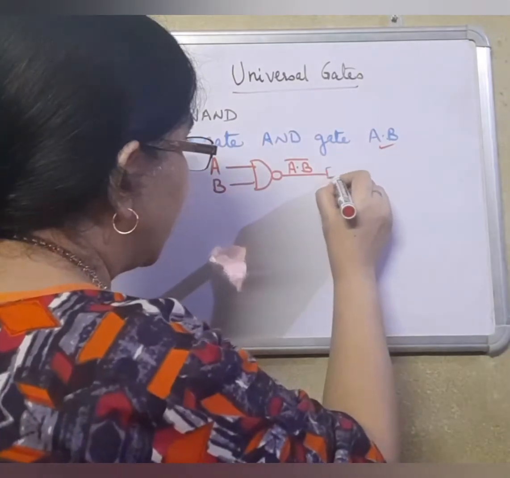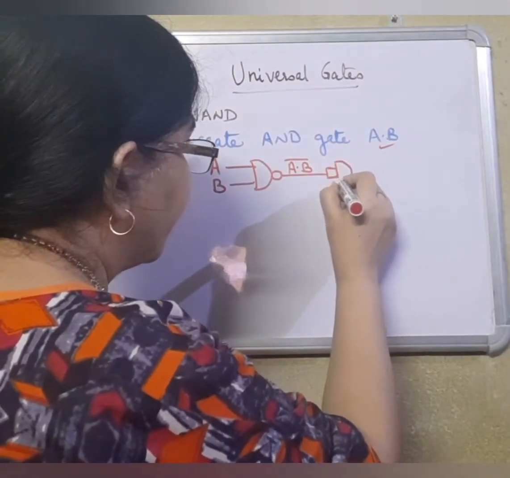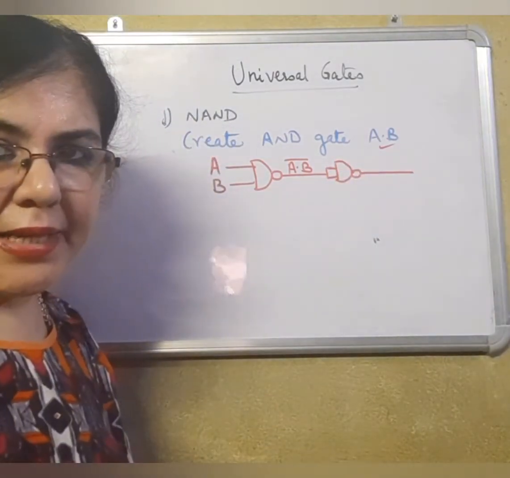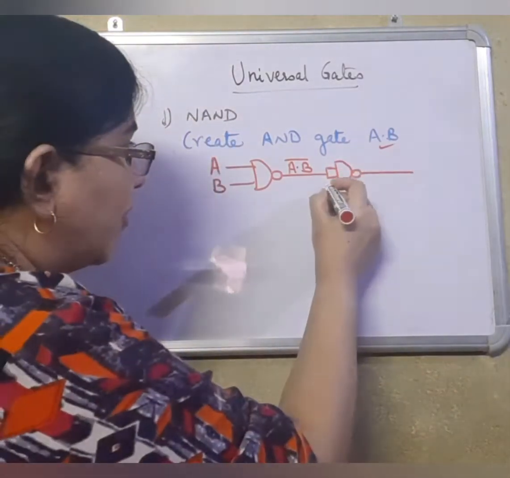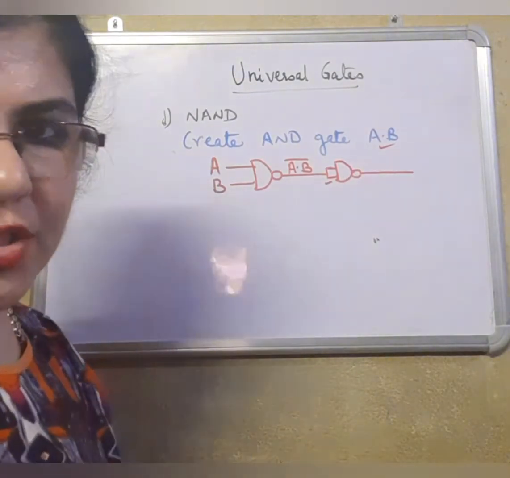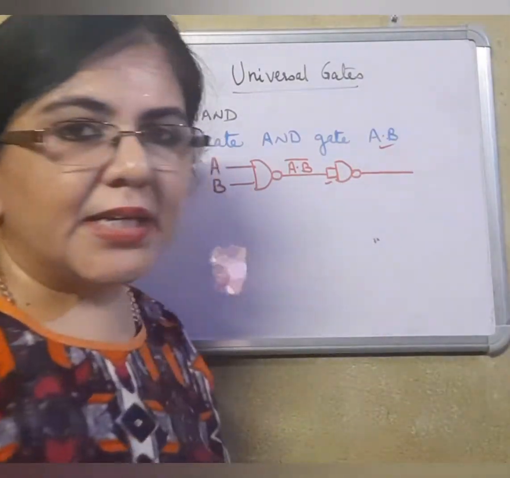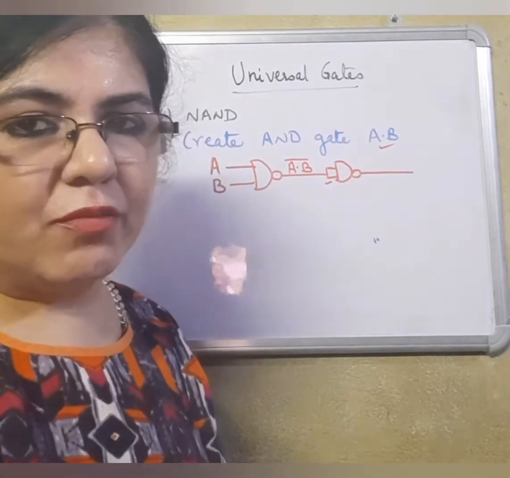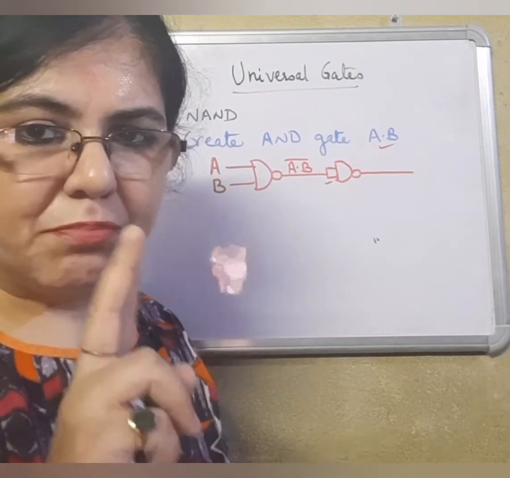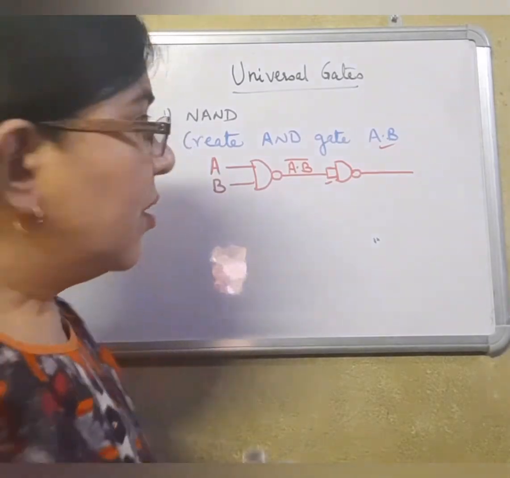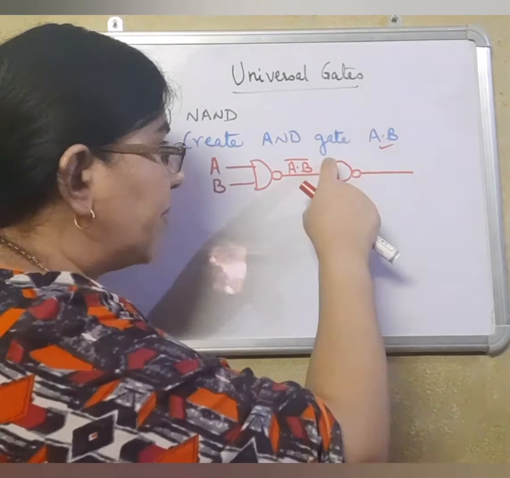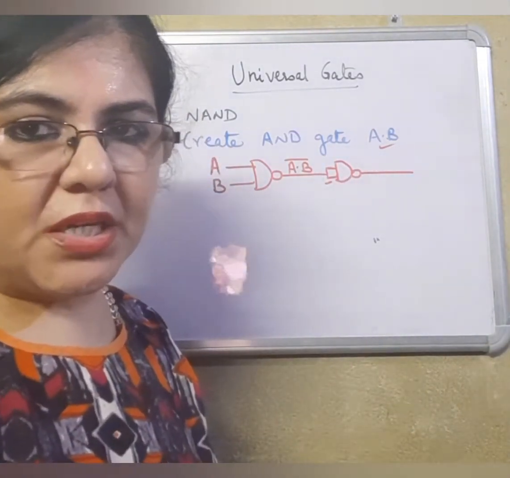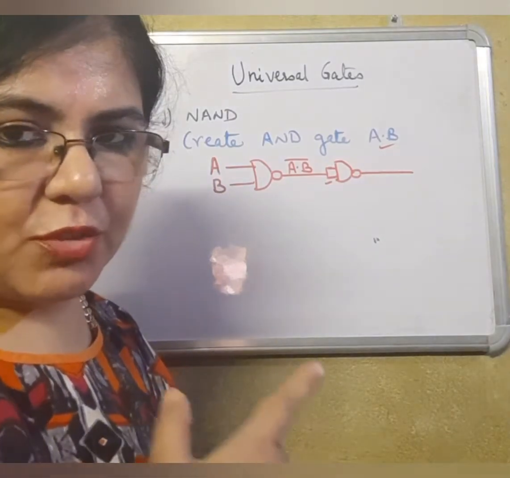We will pass it again through another NAND gate. Why have I made this box over here? Because I am passing a single input, and I told you that except for inverter, any of the gates requires minimum 2 inputs. So this A dot B whole bar will be passed upwards also and downwards also. 2 times it will be passed to make it a 2 input, and it is because of this box only.